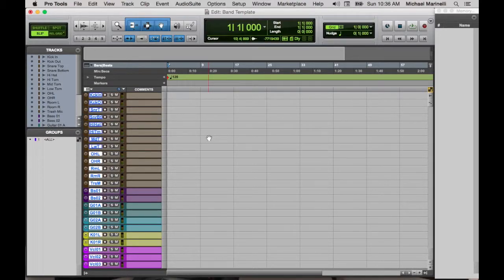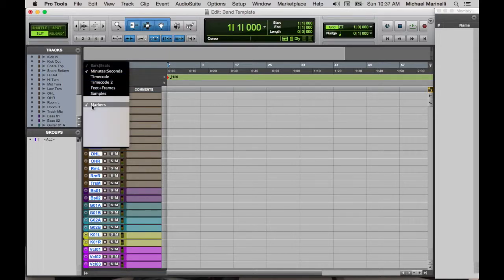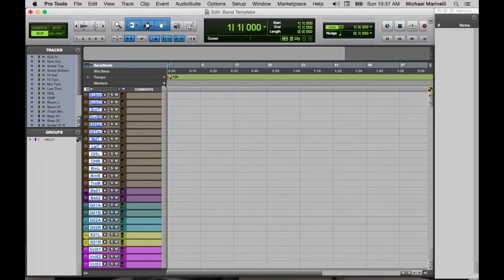So after making them all fit into the one window, you're going to want to create a marker. And for me, the marker button is right here. If you don't have the markers in this top bar above the edit window, all you have to do is come over here to this pane and click on marker. So you're going to want to click marker,